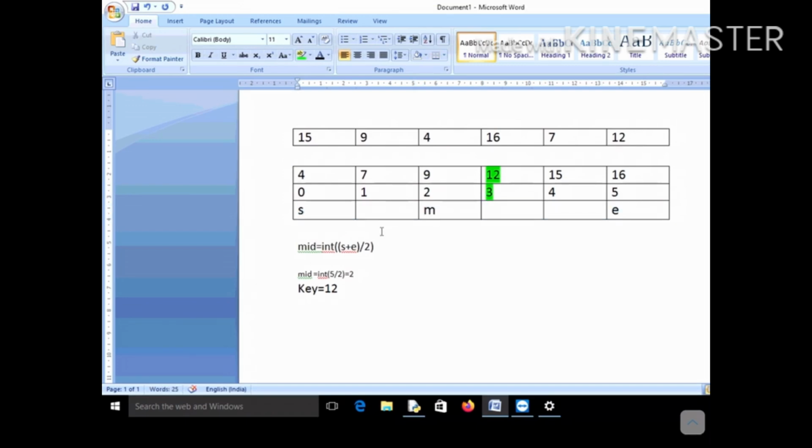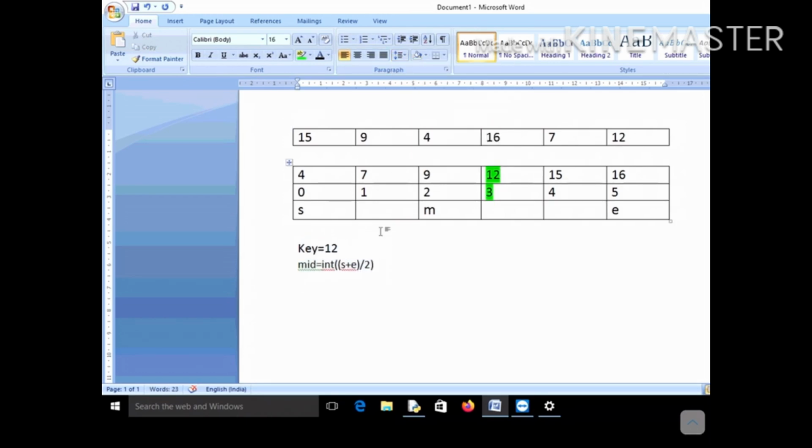So I think you now know how to find m. You first assign the values to s and e, and then m is nothing but the middle of s and e, that is equal to s plus e by 2 and its integer part. Now how is the binary search performed? What you basically check is whether your key is equal to this middle element or not. So once you have computed mid, let me write here key first. You have computed mid, which is nothing but int of s plus e by 2. Now your key is what? Your key is 12 in this particular example. Key can be anything. The element that you want to search is called key.